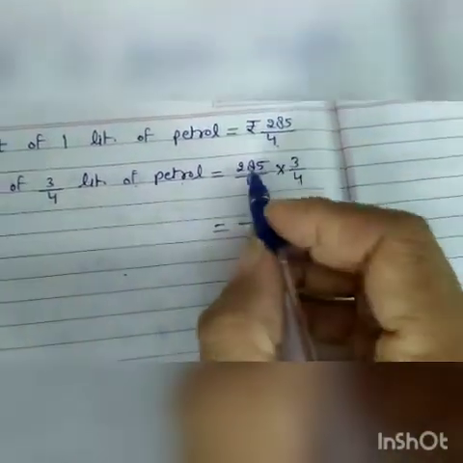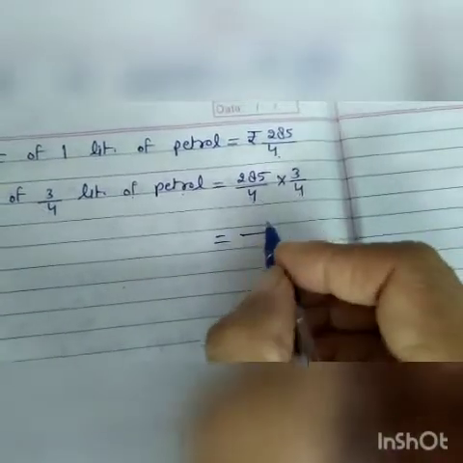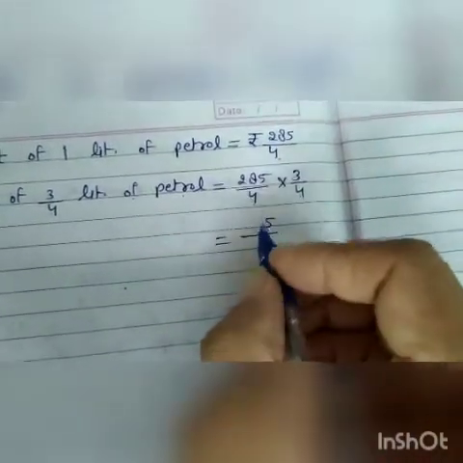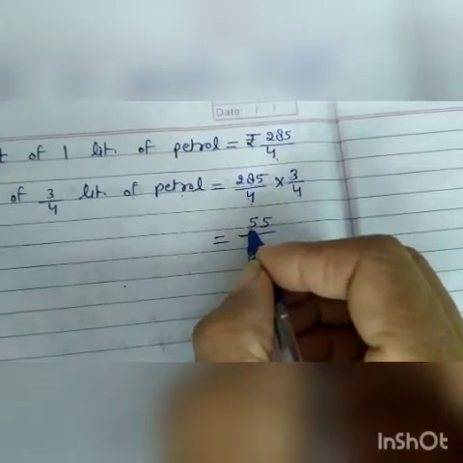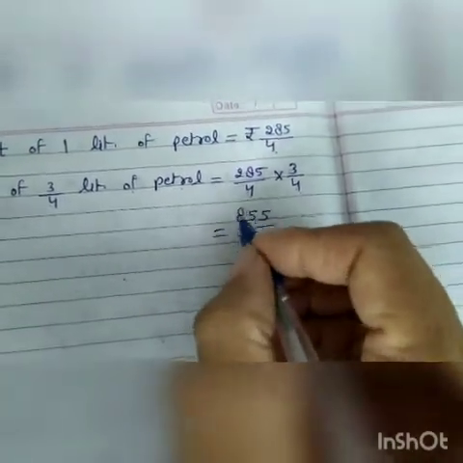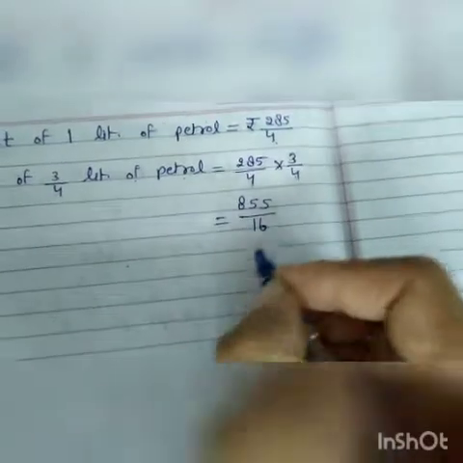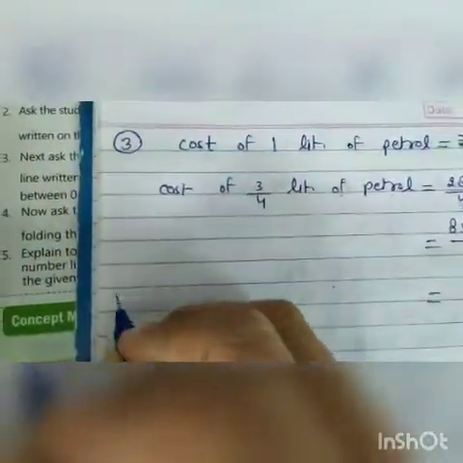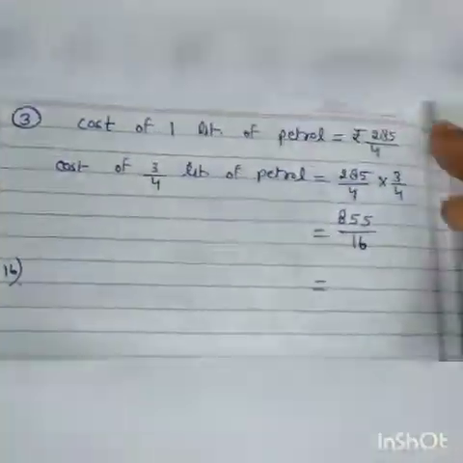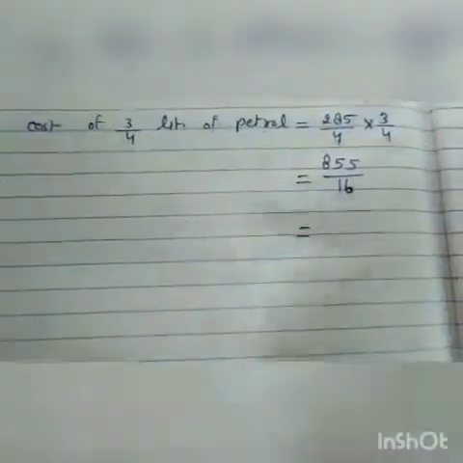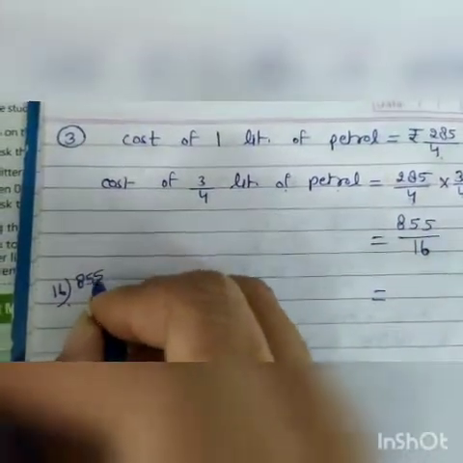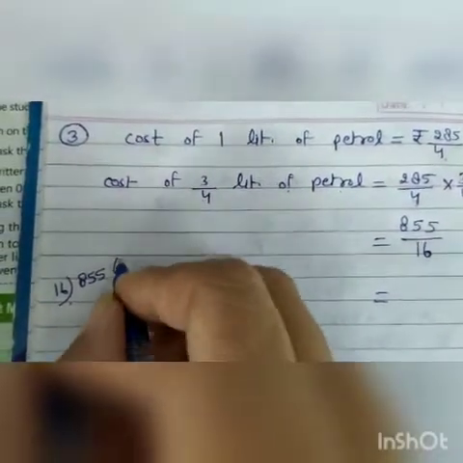So we will multiply numerator by numerator. 3 5 ja 15, carry 1. 3 8 ja 24 and 1, 25, carry 2. 3 2 ja 6 and 2, 8. 4 4 ja 16. Now divide this 855 by 16. See here, I am doing here, but you will do here by drawing a line. We have to divide this 855 by 16.